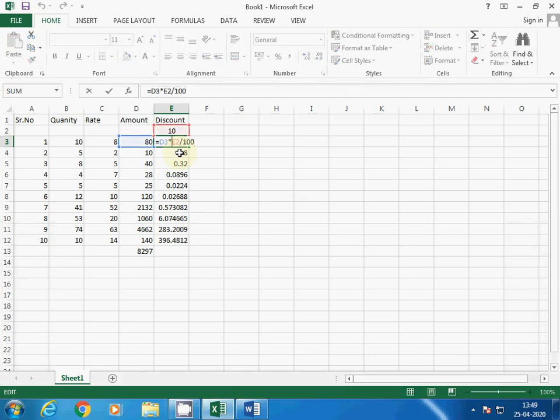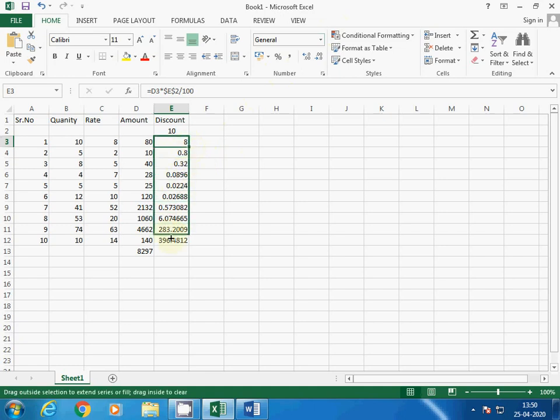So let me try here. Just press F2 to edit your formula. Then dollar sign before E and dollar sign before 2. So that remains fixed. So in which case are we using absolute referencing? When you want to use a fixed value for the calculation.